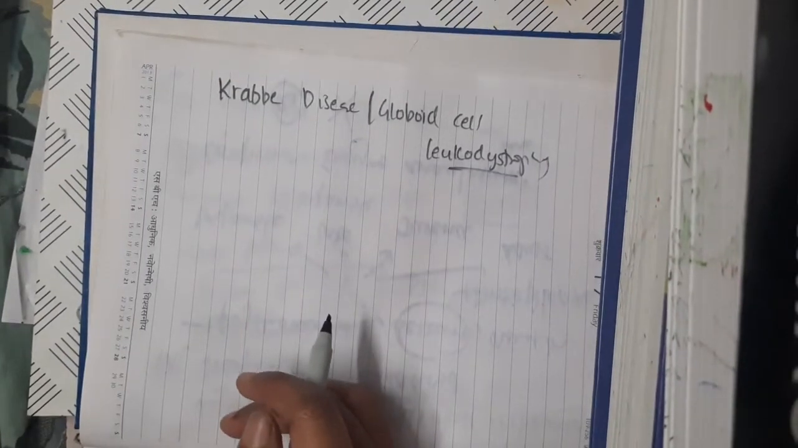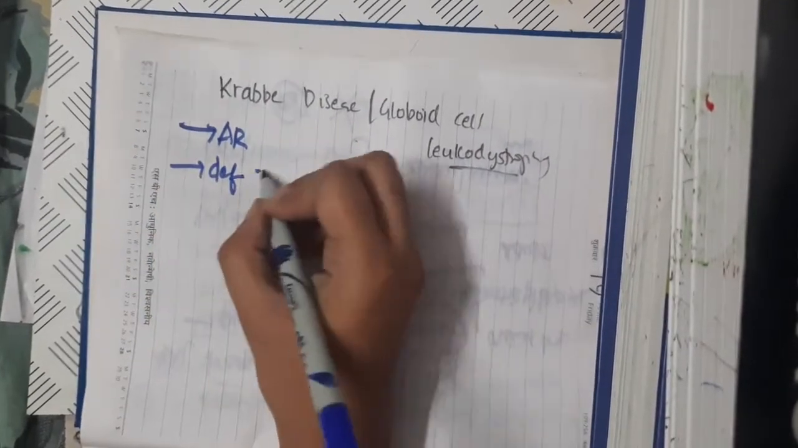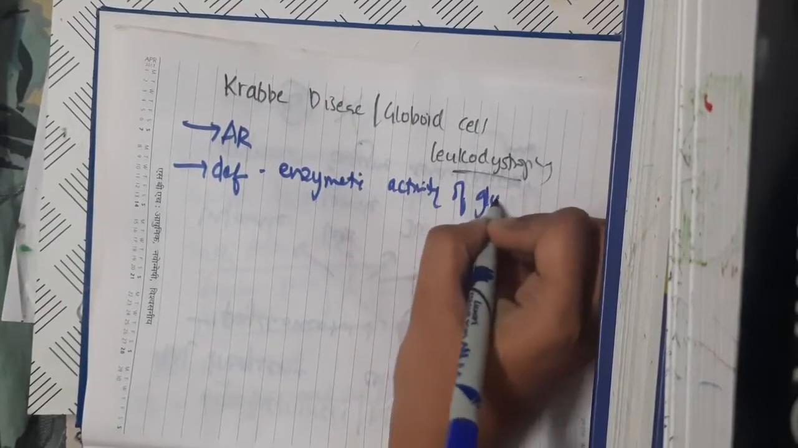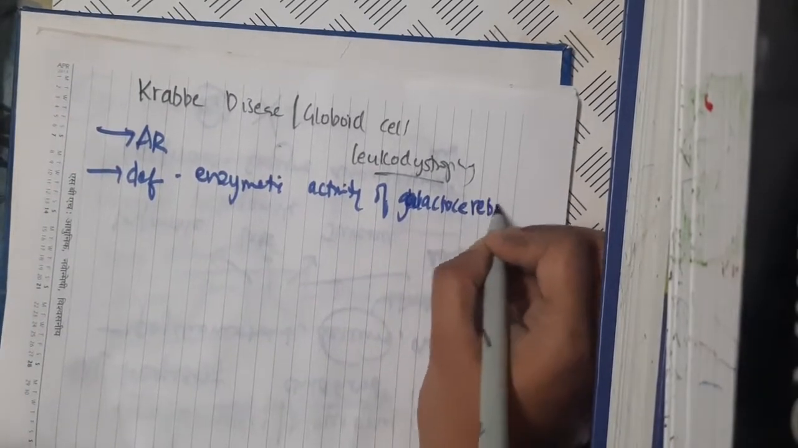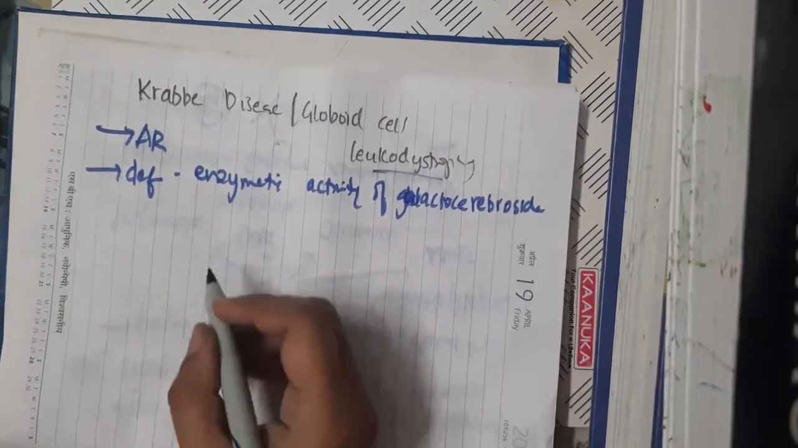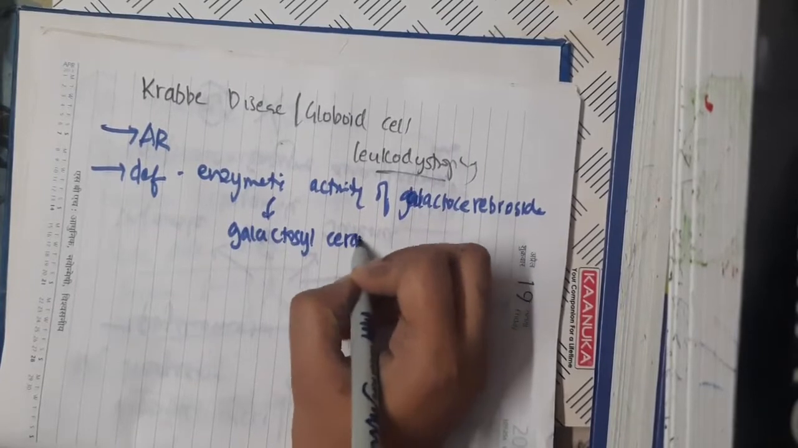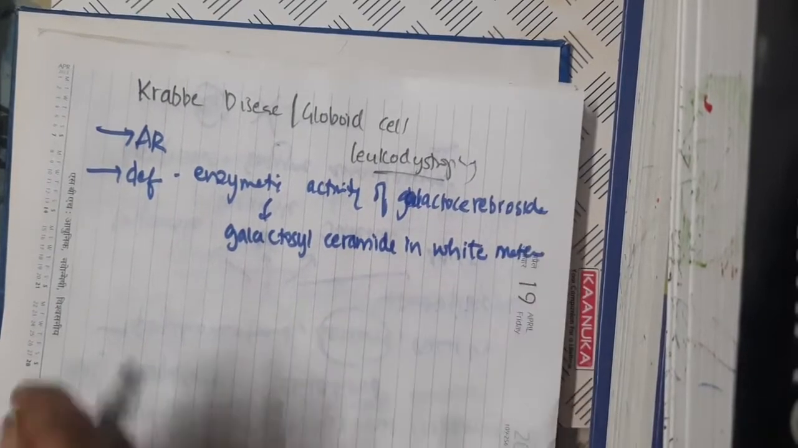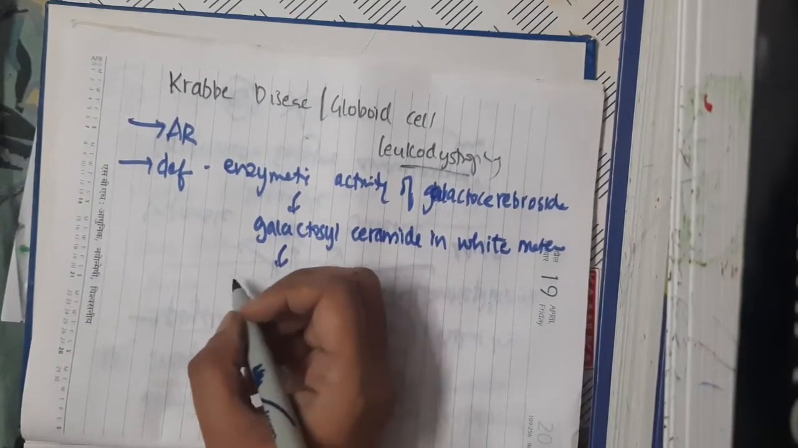Hello friends, let us now learn some important points about globoid cell leukodystrophy or Krabbe's disease. It is an autosomal recessive disease that occurs due to the deficiency of enzymatic activity of galactocerebrosidase. Whenever there is deficiency of enzyme activity of galactocerebrosidase, this results in Krabbe's disease. This leads to the accumulation of galactosylceramide in the white matter of the brain. Okay, in the white matter of the brain, you will see accumulation of galactosylceramide, and because of this, the baby develops symptoms